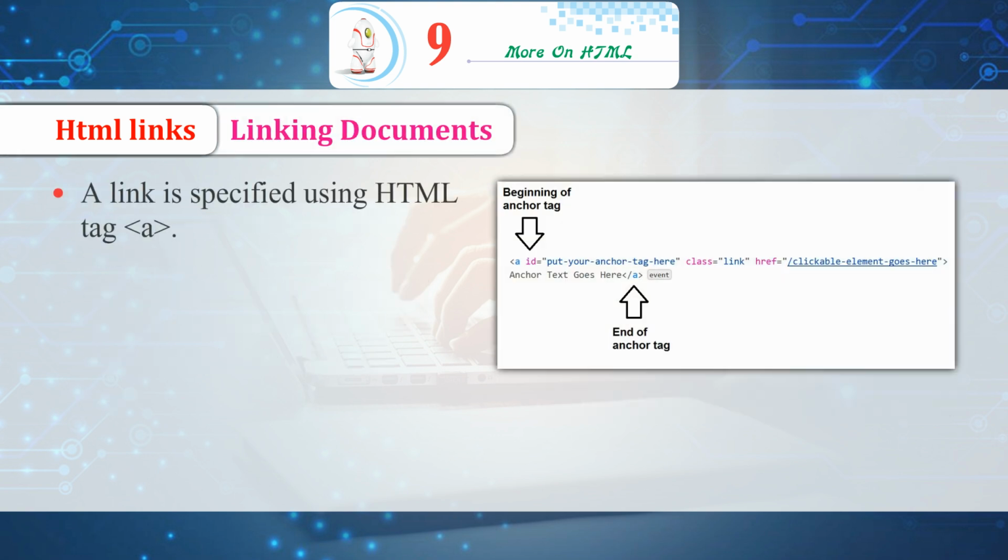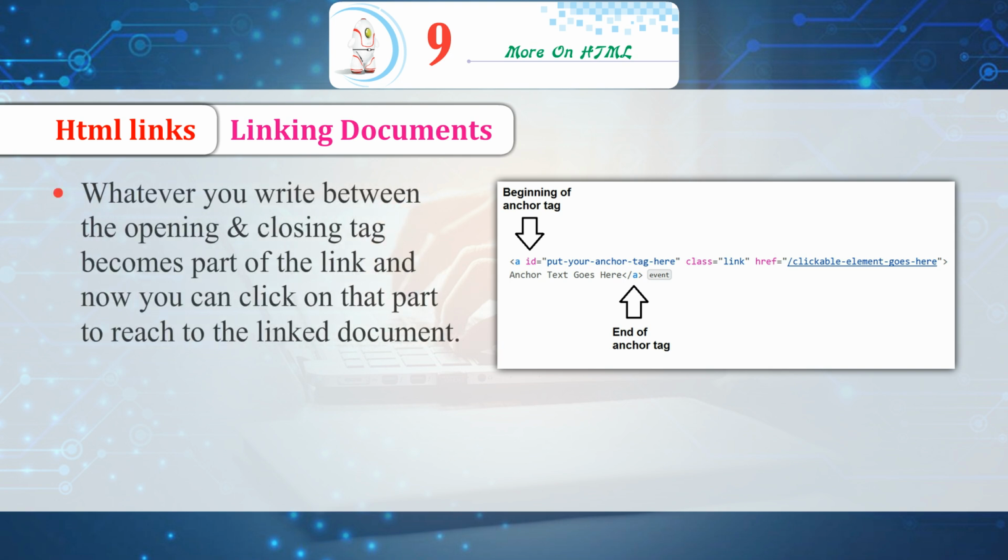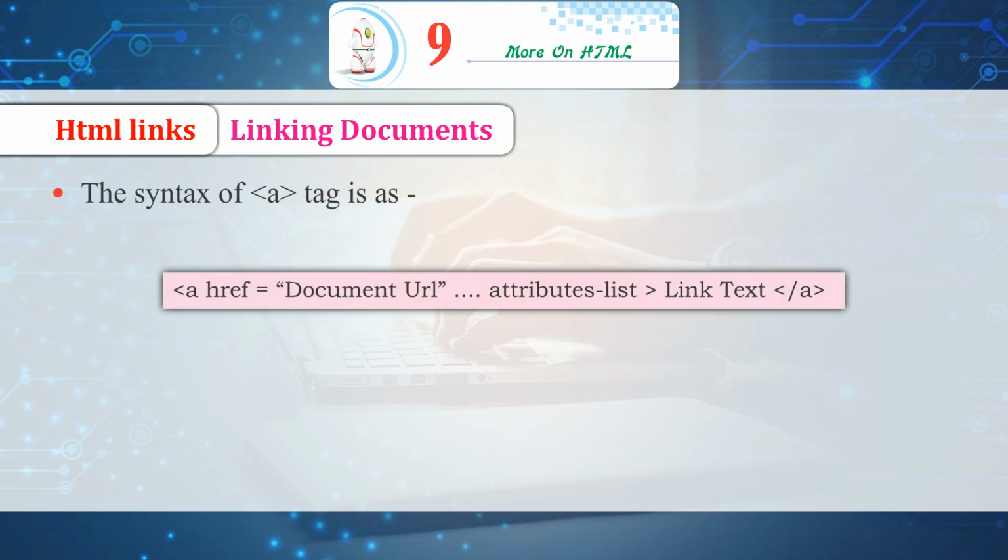Linking documents. A link is specified using the HTML tag A. This tag is called the anchor tag. Whatever you write between the opening and closing tag becomes part of the link, and now you can click on that part to reach the linked document. The syntax of the anchor tag is: anchor tag href equals document URL in double quotes, attributes list, link text,